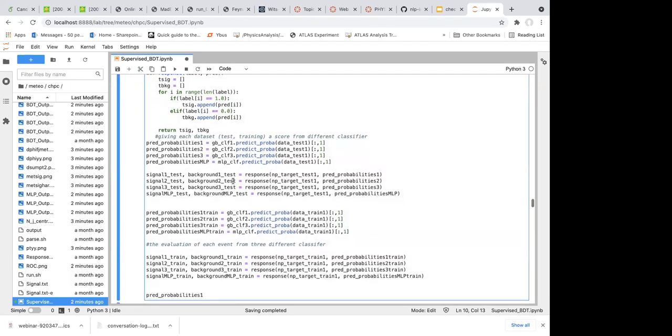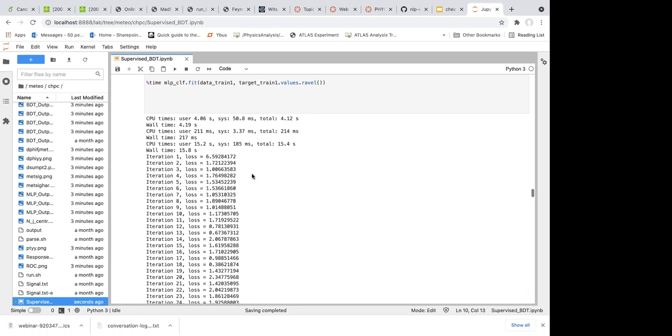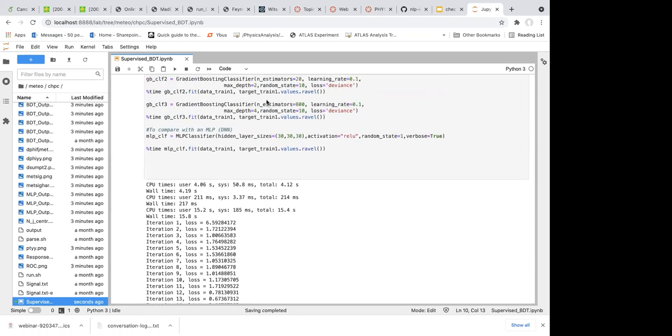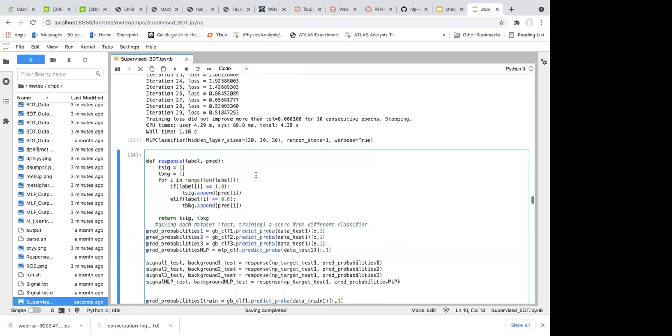Okay, now in block 24, what we are doing is evaluating the test sample. Because what we have done just now is put the training sample into the classifier so that it optimizes all of the parameters, like all of the weights in the DNN, or all of the weights in the random forest. After training, all of the weights are fixed and saved in some file, so these values will be fixed.